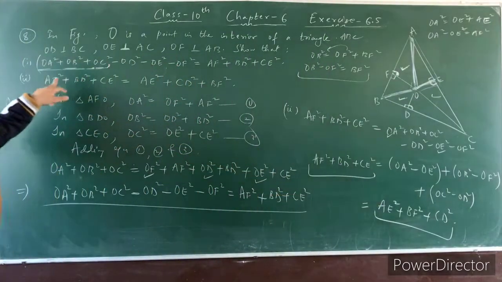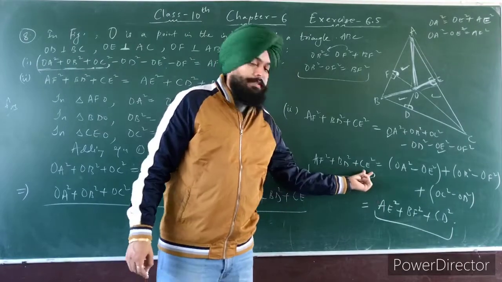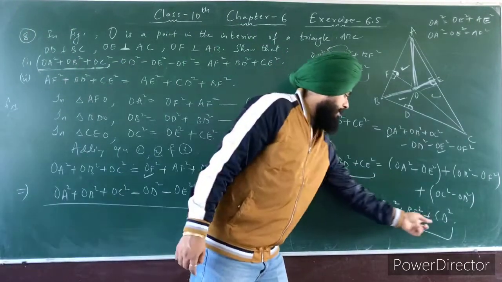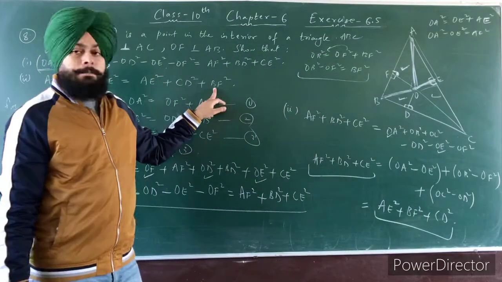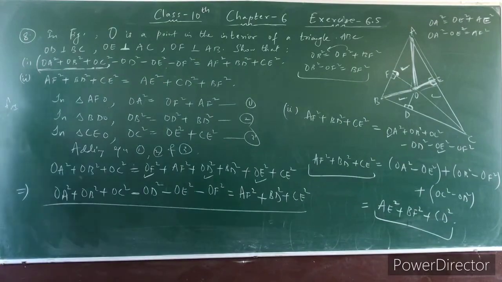Now see here, AF square plus BD square plus CE square is equal to AE square plus CD square plus BF square. Alright, so this is your proof of question number